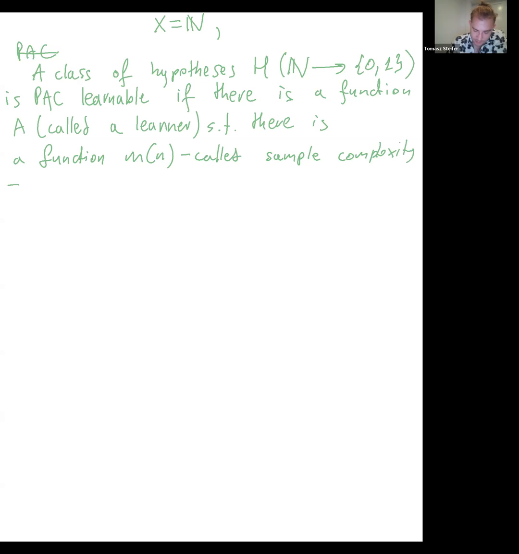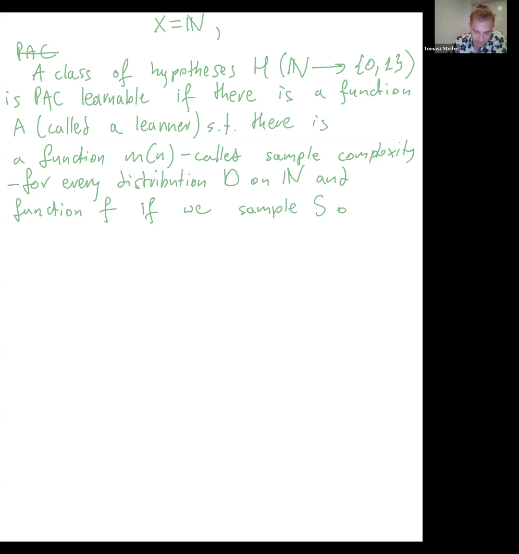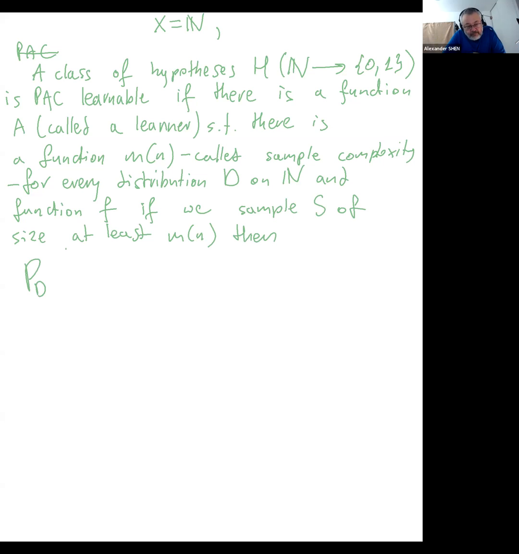And the function is such that for every distribution D on natural numbers and function f, if we sample S of size at least M of n, then we have the following: the probability with respect to the distribution of